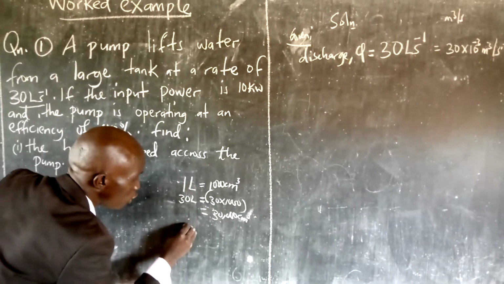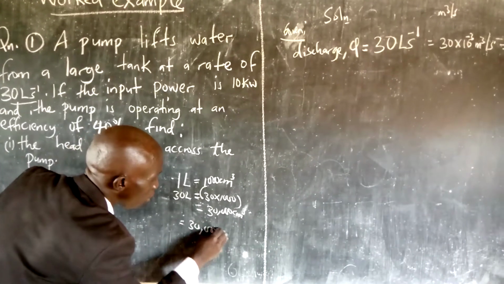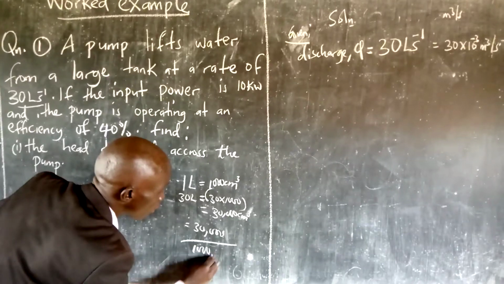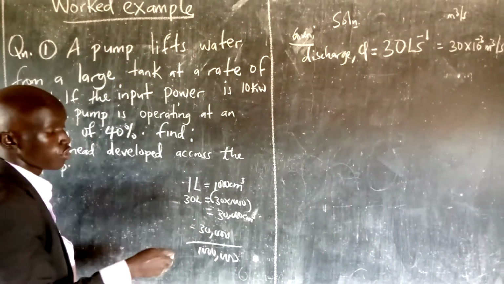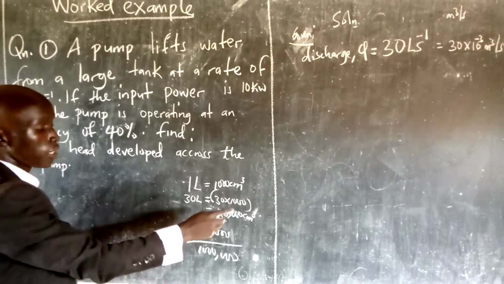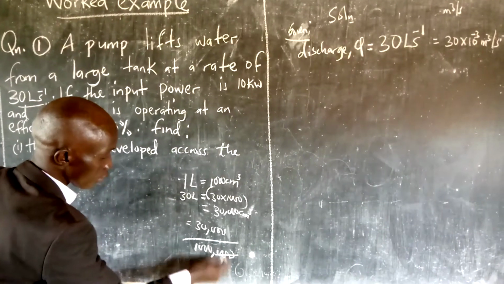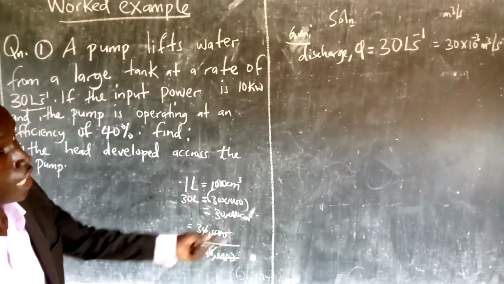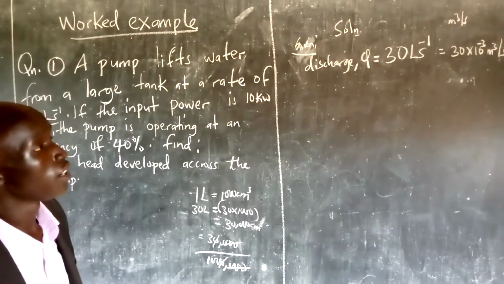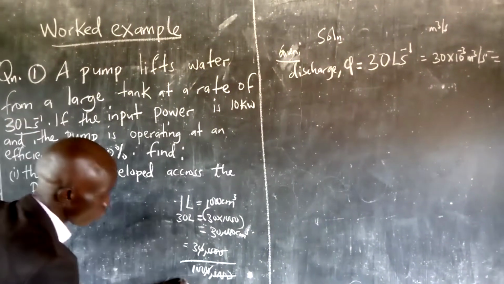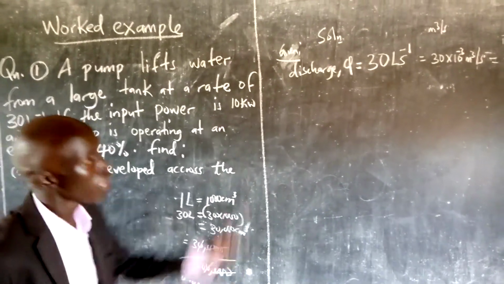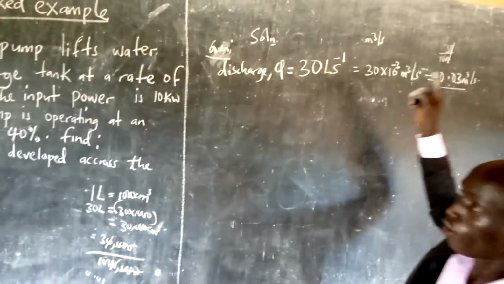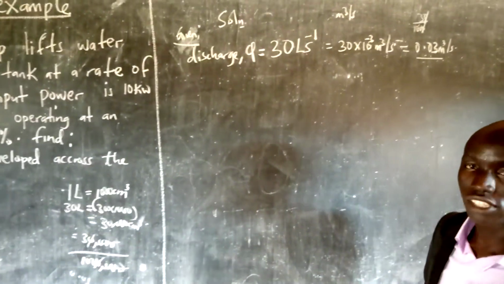It will be equal to 30,000 over a million, because 1 meter cubed is around 1 million centimeters cubed. So you cancel this and that, and you find that it comes back to 0.03. So that is it. If I want to go long, we can go through this, but if I want to be an expert, go direct, because time is money.